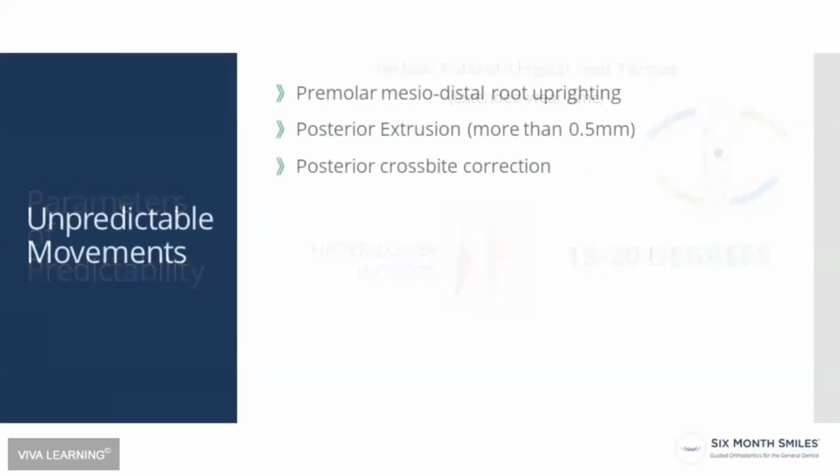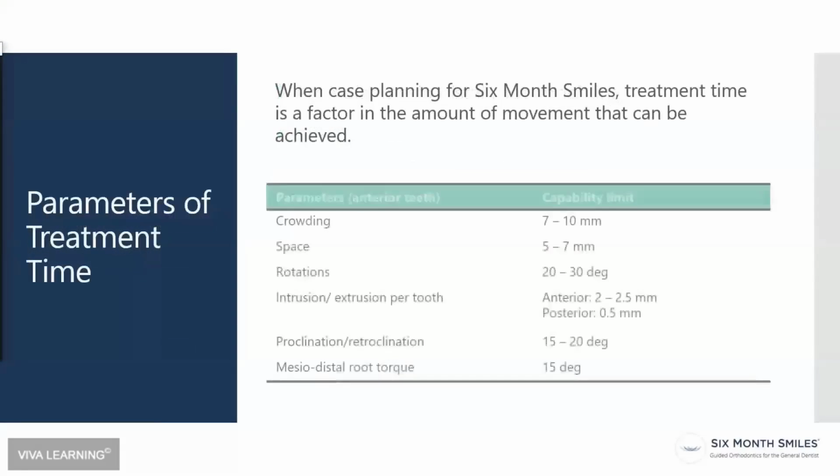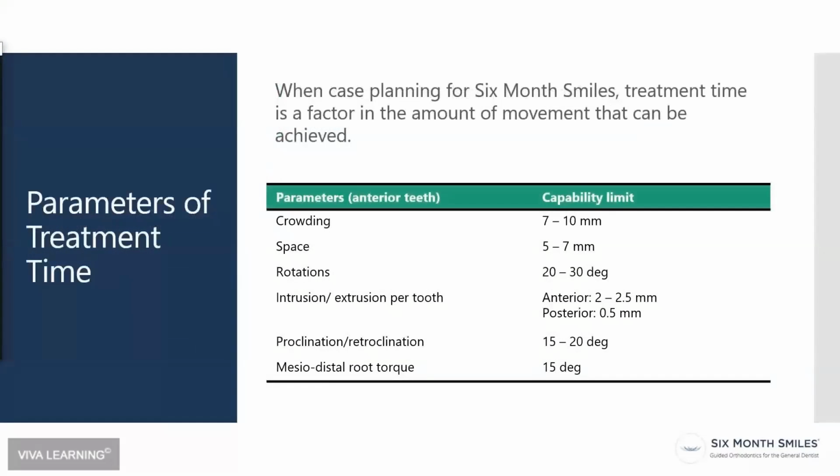On unpredictable movements, we're looking at premolars moving mesiodistally, the roots mesiodistally. It's quite unpredictable because the size of the roots is quite big. Posterior extrusion or intrusion of more than 0.5 millimeters is quite unpredictable, and unfavorable posterior crossbite corrections are unpredictable. That's important to consider. So on parameters of treatment time, when planning for 6 months smiles, the